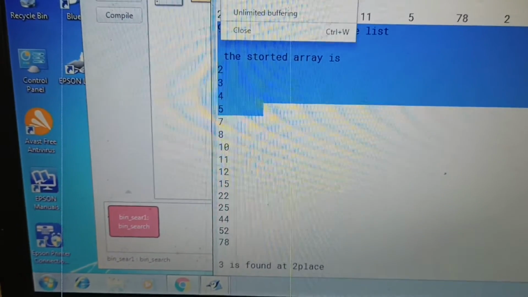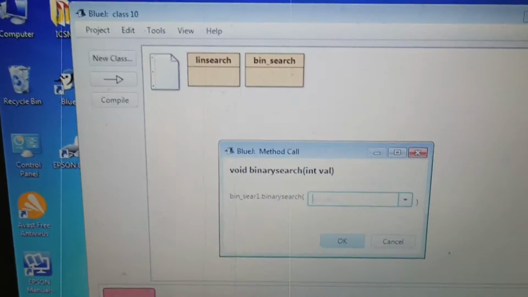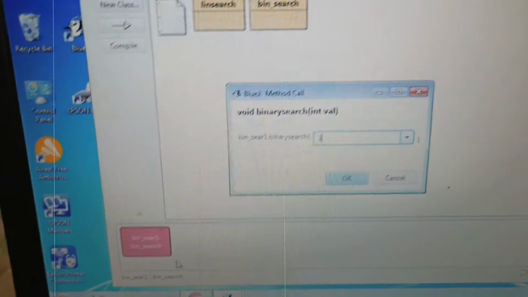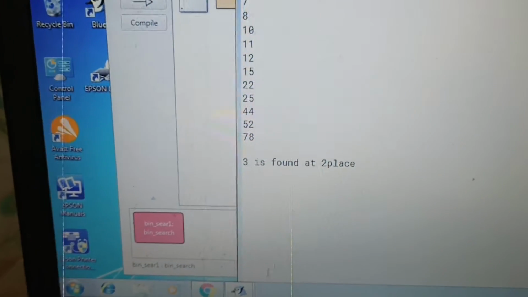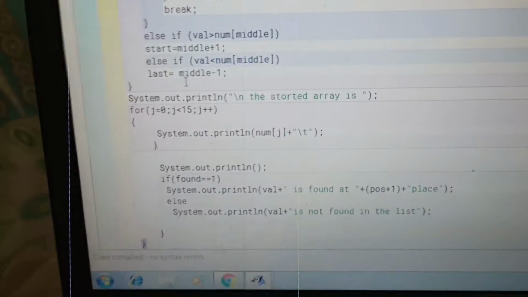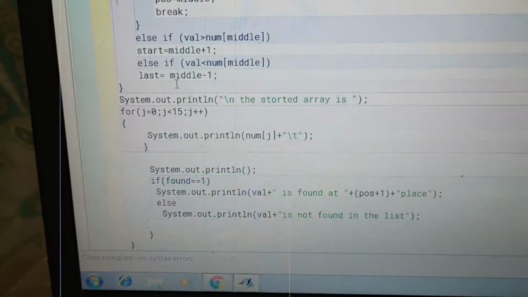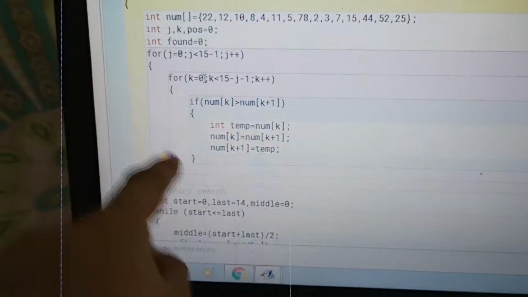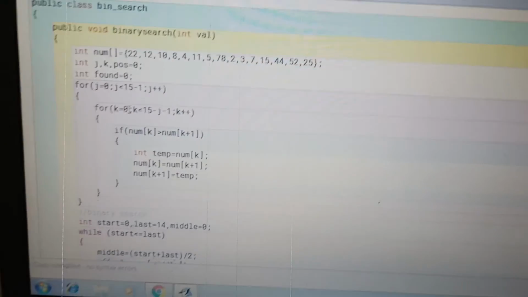Once again I will clear this and close it, and once again I will search that value. Just assume the searching value 3 I am finding in the array list, whether it is present or not. First it will sort the values which I have stored. With this concept it is sorting the values.